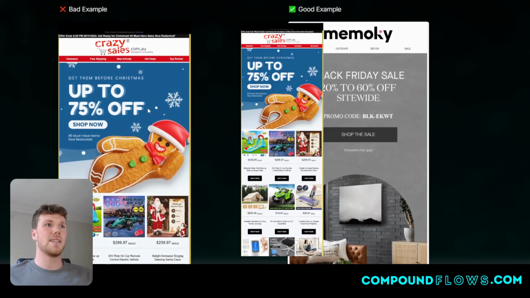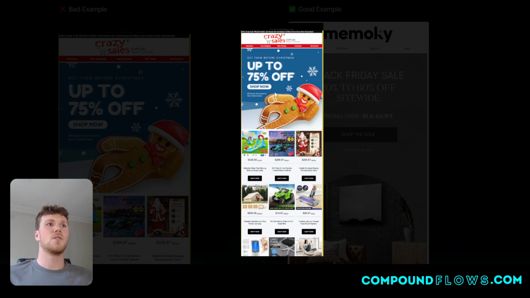This is what I would say is a bad example, simply because the shop now button is on the left side. So again, most people are right-handed. If I was holding this on my phone, I'd have to stretch my thumb across to click on that. And the white kind of blends in with the title here, so it doesn't add some depth. There's no contrasting colors here that makes it really pop out and stand out as if it is an actual